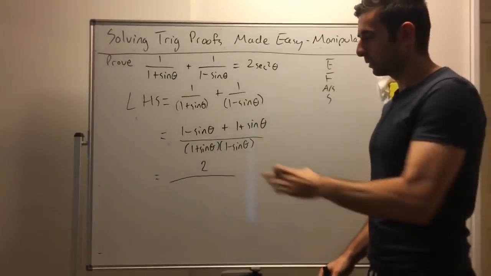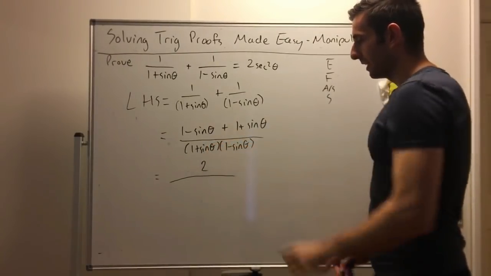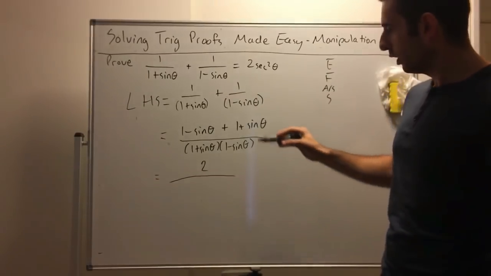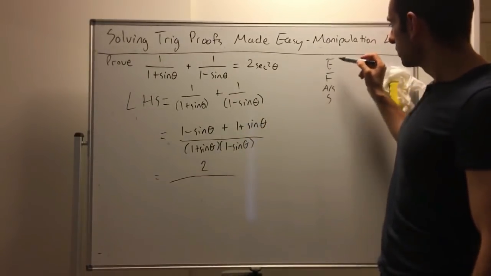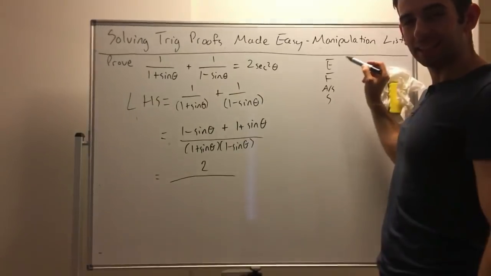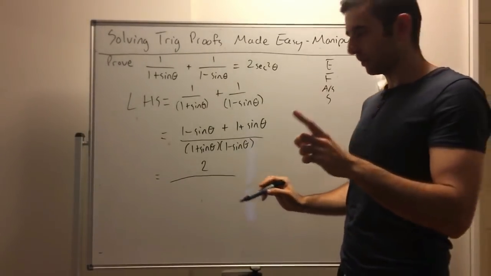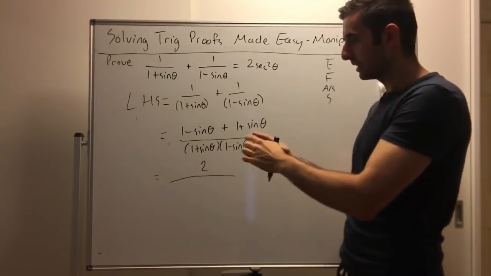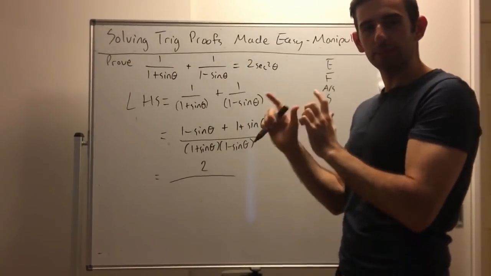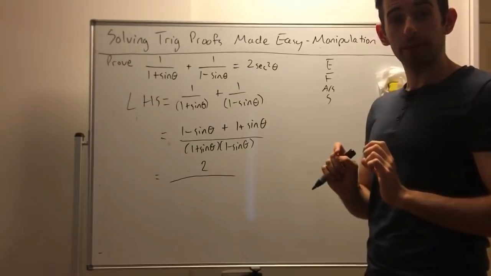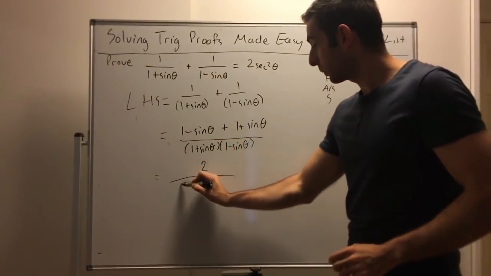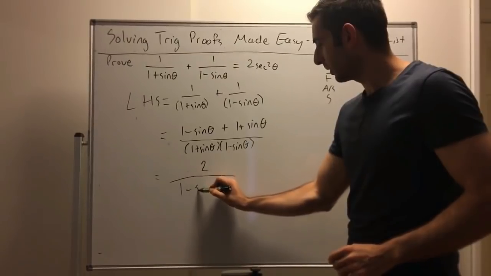And then, because let's work with the bottom, right? Now, in this current form, this does look nothing like sec squared theta. So what can we do with this? If we look at the list, straight away expand. I've got brackets and I can expand. But here's another trick. 1 plus sine theta, 1 minus sine theta. You'll notice it's in the form x plus y, x minus y. That's a difference of 2 squares. You learned that in year 9 or maybe earlier. So that's just 1 squared, which is 1, minus sine squared